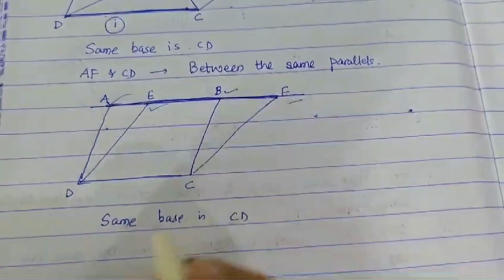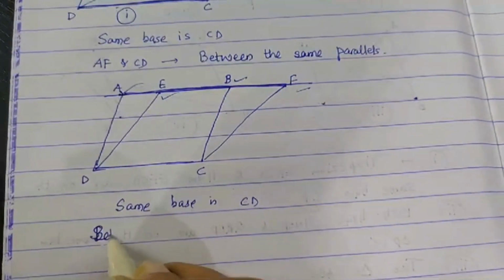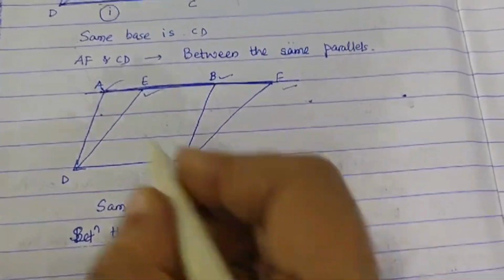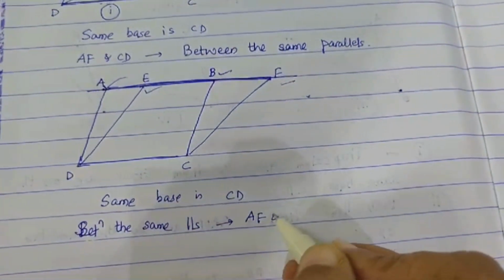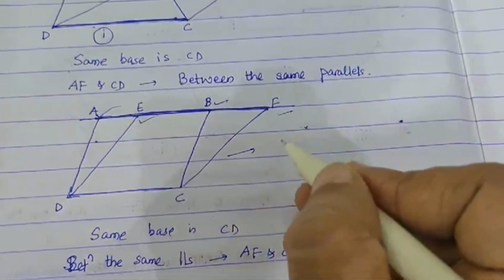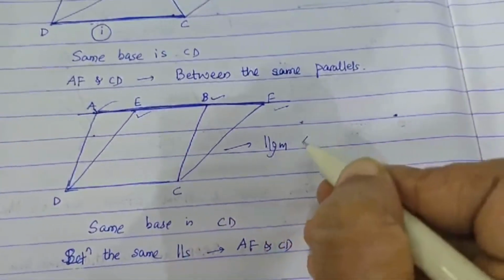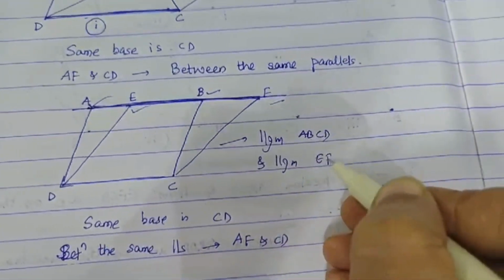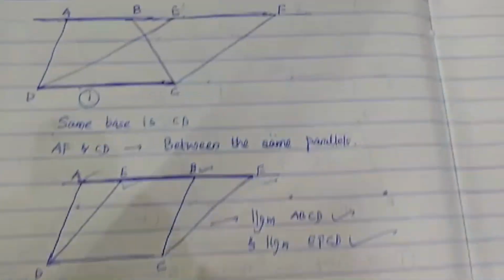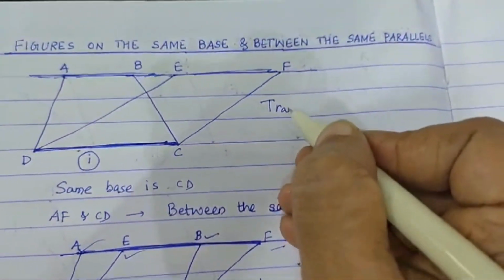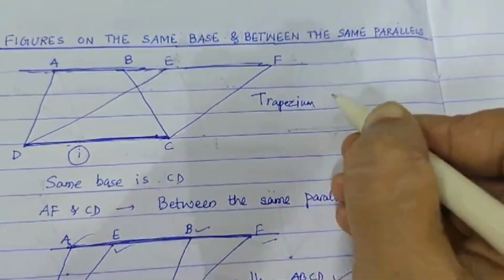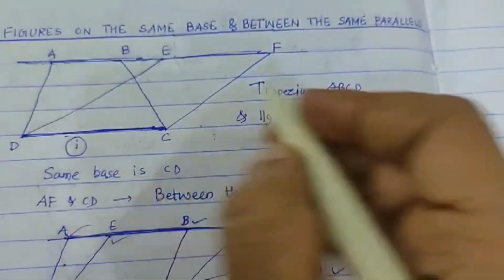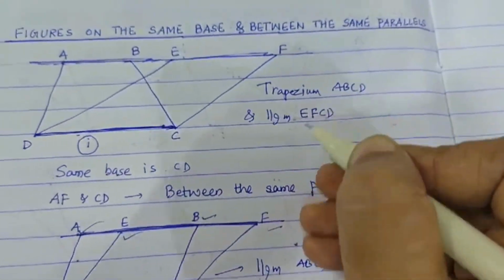Okay, AF. So between the same parallels AF and CD, we are having two parallelograms here, parallelogram ABCD and parallelogram EFCD. Okay,